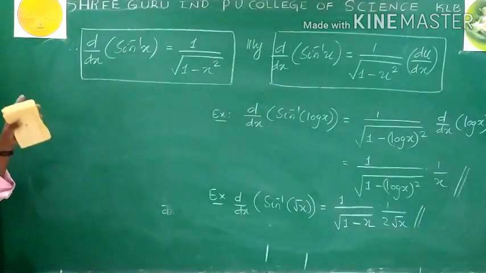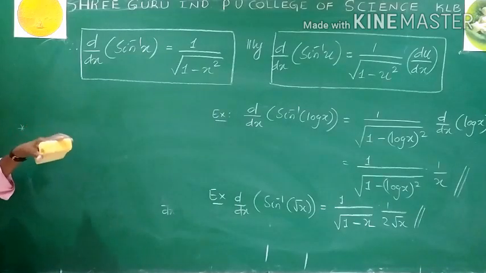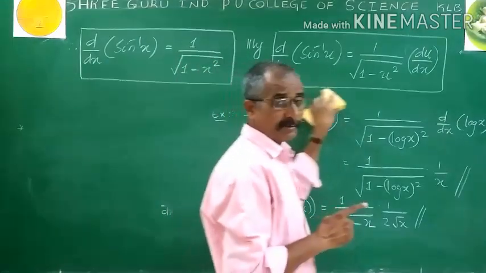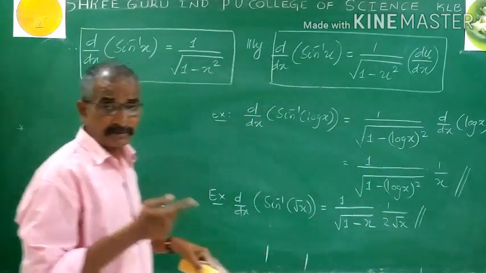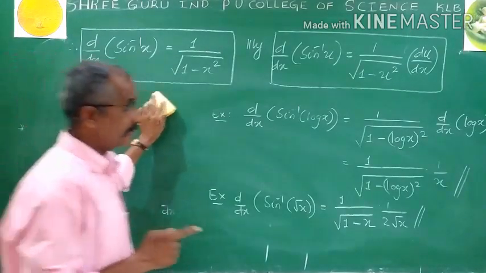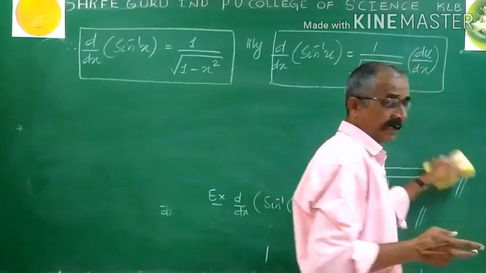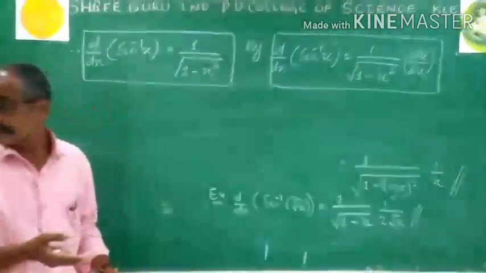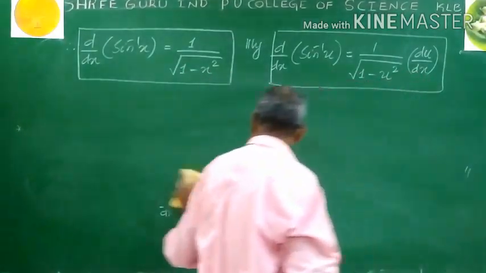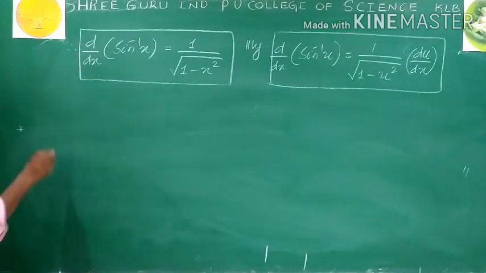So what I derived is the differentiation of sin inverse x. In exactly the same manner we can derive it for cos inverse x, tan inverse x, secant inverse x, cosec inverse x, cot inverse x. Now let's derive for cos inverse x, tan inverse x, sec inverse x, etc. As I told, I derived 3, and the remaining 3 are the same type. Next, I will write similarly. I am writing a similar formula for cos inverse x.